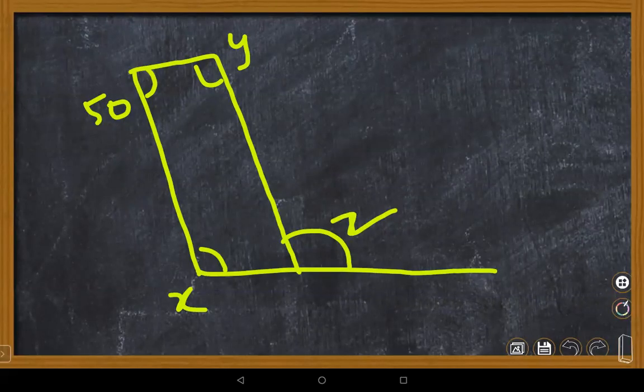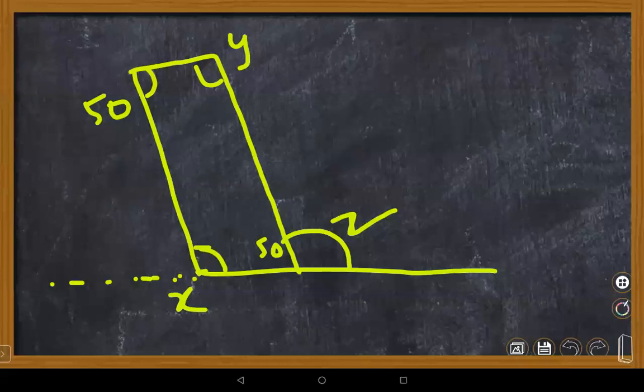Yes, ma'am. Ma'am, Z is equal to 130, ma'am. Very good. 130 is equal to 50 plus X, right, ma'am? Ma'am, because it's adjacent angles, right, ma'am? 50 plus X is equal to Z. Not 50, Nana. This is 50. No, not Z. 50 plus X, adjacent angles, the sum should be equal to 180, not Z.